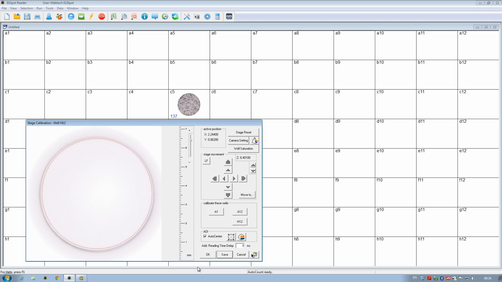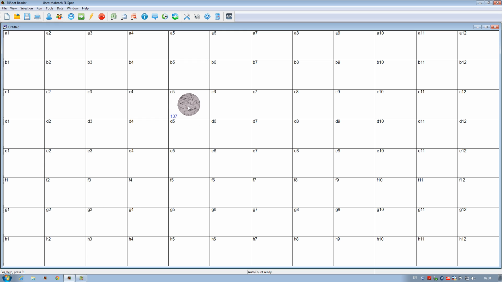However, if your lab is working with different types of plate models, for example both MSIP and MIPS SW10, individual stage calibrations will have to be saved for each of these plate models. Thankfully, loading a saved stage calibration is very easy and can be done from the Tools drop-down menu. With the stage.ini calibration exchanged, we then hit OK to leave this menu. Let us again reread well C5 and check out the number of spots detected with both the focus and stage calibration corrected. Before it was 137 spots, now it is 212 spots.